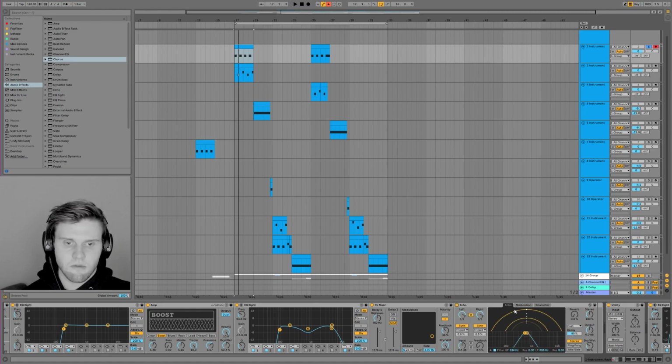And then the echo, what the echo's doing is I've set it to half beats, triplets on both of them, a little bit of feedback, pulled the dry wet down, and then turned up this. If you click this little arrow here by the filter, it will show you your filter for the echo. And there's two nodes, so I've set the resonance to the maximum and placed it somewhere around the main area